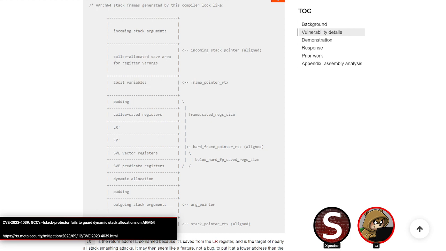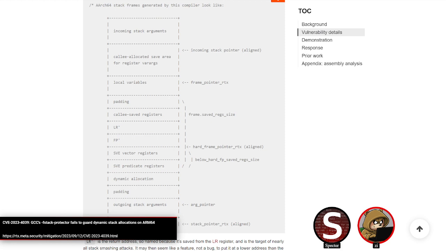The one thing that's kind of odd here is that you have the dynamic allocations in between, where you have your local variables and then you have dynamic allocations. These are dynamically sized things on the local stack. So your random int on the stack is going to be a local variable, but your dynamically sized stuff will be later on down here.